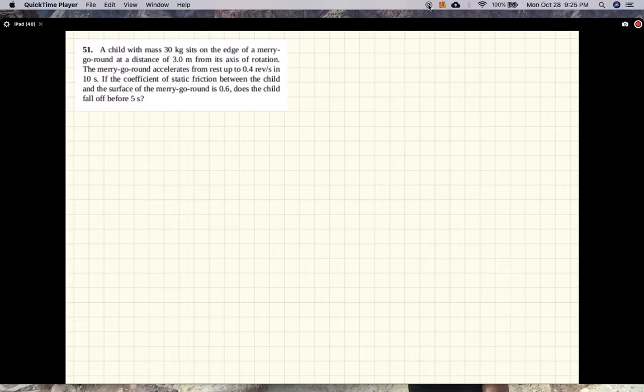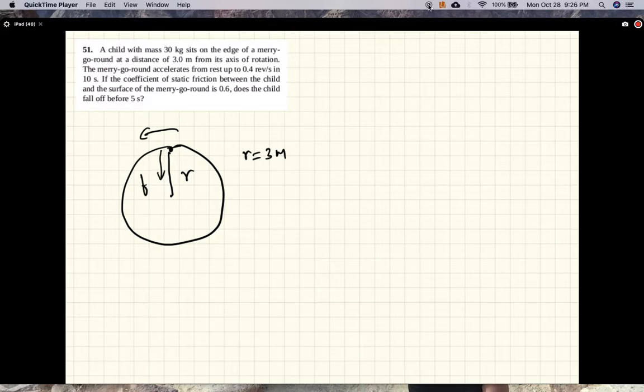Alright, so here's the child, here's the merry-go-round, so we are looking at it from the top. There's the child sitting at a radius r of 3 meters. There's the centripetal force to keep the child. So at speed v, the centripetal force needed is mv squared by r,